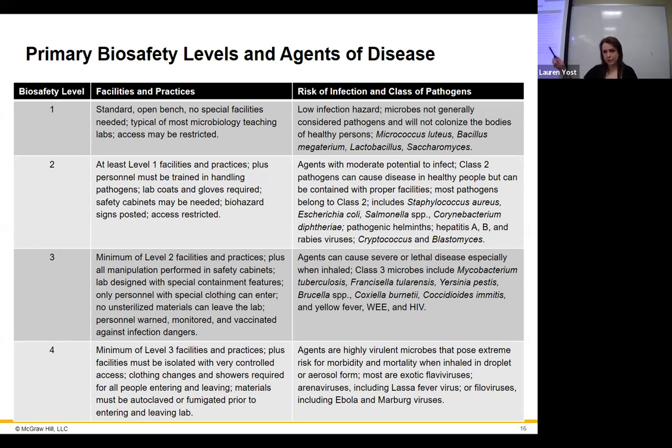BSL-2, now we're talking about the stuff that we do over there, but you do want to be wearing gloves. There are going to be biohazard signs up, like on the door, and you will only be allowed in there if you were taught appropriate procedures for working in the area. Other than that, it's pretty much the same. It's just more signage and more strict PPE, right? Like we have that one red trash container in there. We just walk everything over to it.